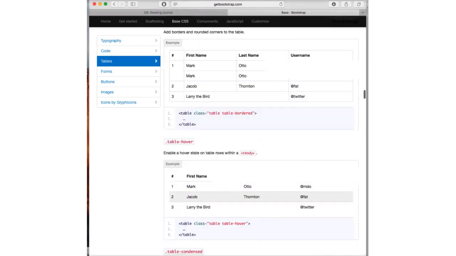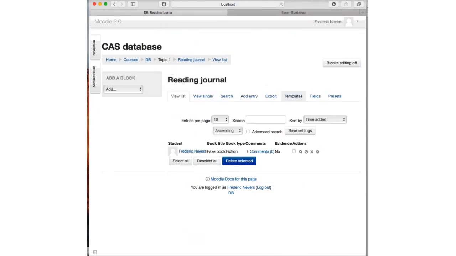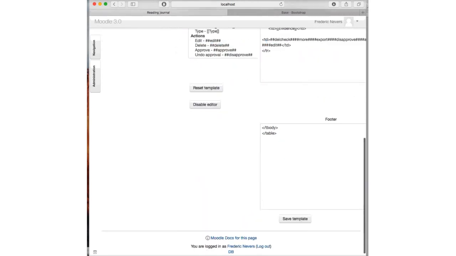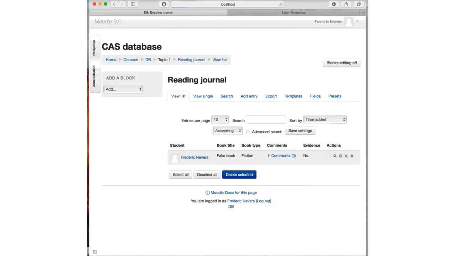We're going to pick this one here, and you saw my table earlier on. All I do is add this bit here, and then save the template and take a look at what's going to happen if I list. It's made my table all pretty. If I add a new entry,